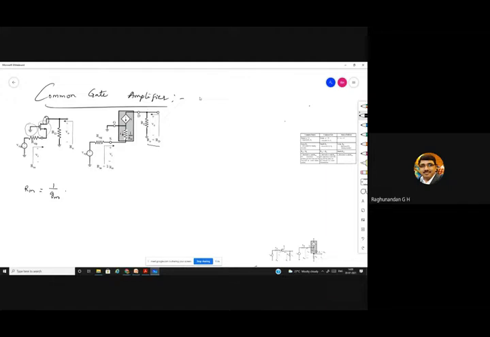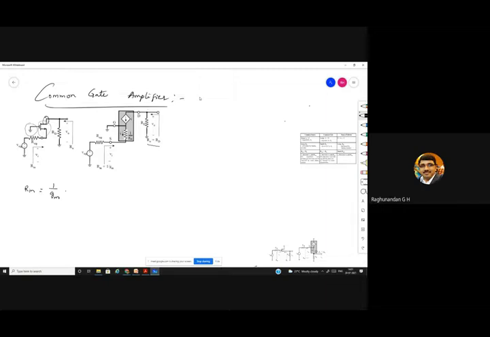And when you are going to consider an amplifier, the first thing you consider with respect to resistance is that at the input side you should have high resistance or high input impedance. At the output side, we consider low output impedance or low resistance. This is what a best amplifier should always perform. But when you take the common gate amplifier, we can see that the input impedance is very low. When input impedance is low, it is going to take the maximum input.